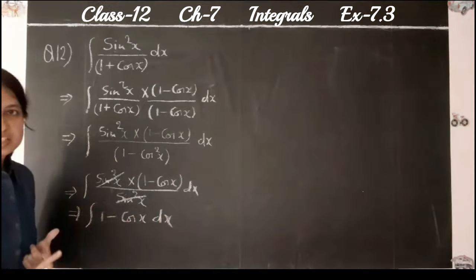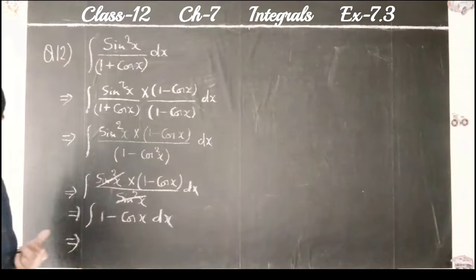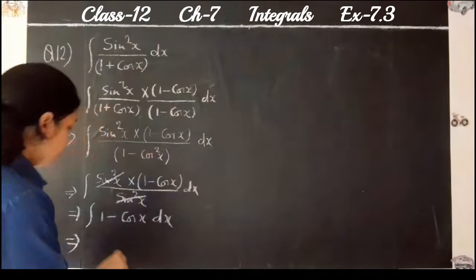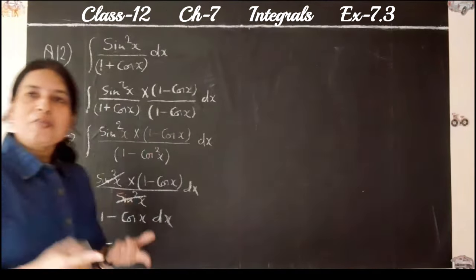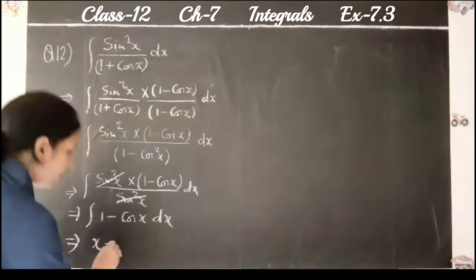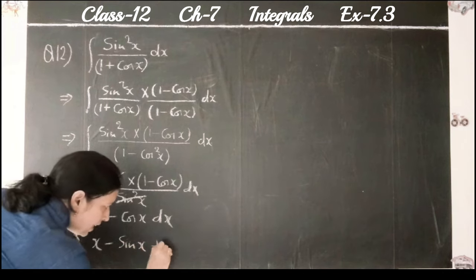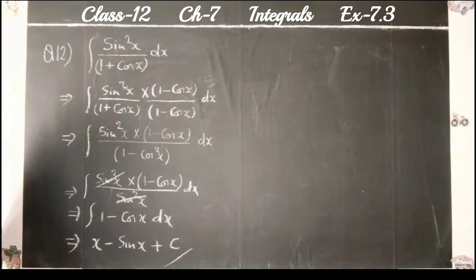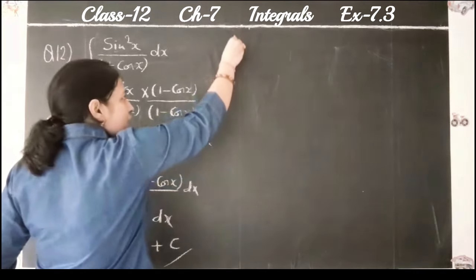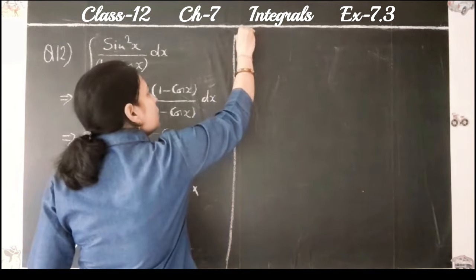So this one is in standard form, so we can easily integrate. Integral of 1 will be x, minus integral of cos x is sin x. So x minus sin x plus a constant c. So this is your answer by the first method. So let us see the second method. So by the second method,